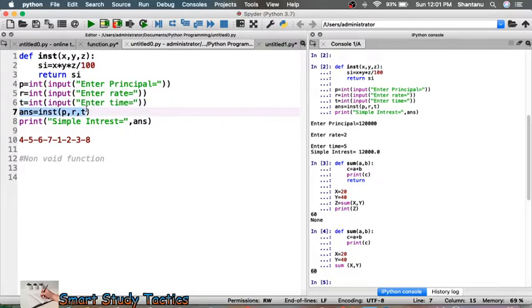When you get all these values, it will collect the values, the arguments, and send the values to the function line. Here the parameters will accept the values. These are the three parameters x, y, z. We use the values, we calculate, and transfer the answer to SI. Then we return the value SI.